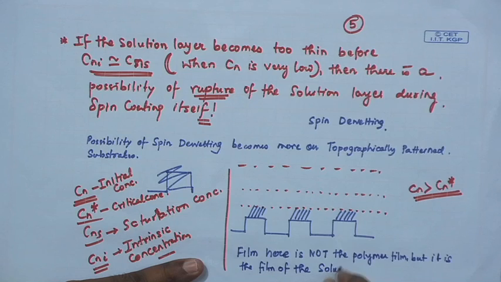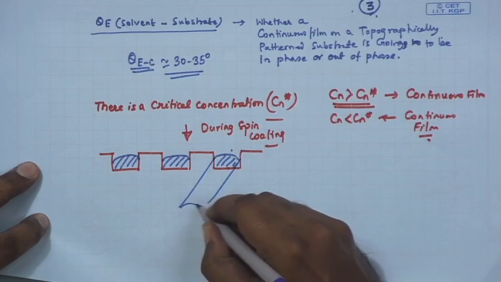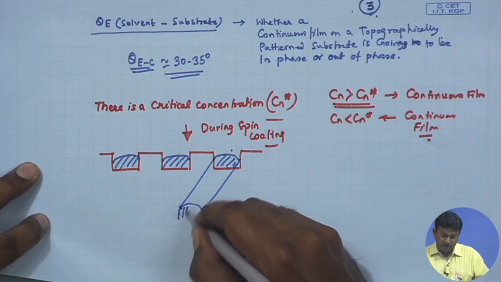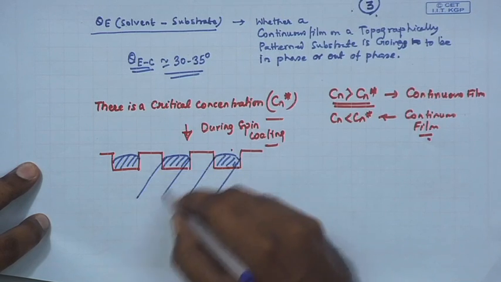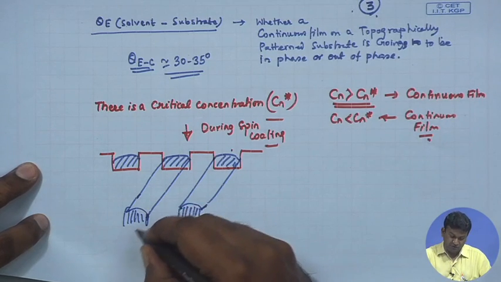Of the solution that undergoes rupture over these areas, and this spin dewetting in fact leads to localization of the polymeric threads along the grooves. Now, interesting to note what in fact happens is, when you get this type of morphology, like you get polymeric threads along the substrate grooves,